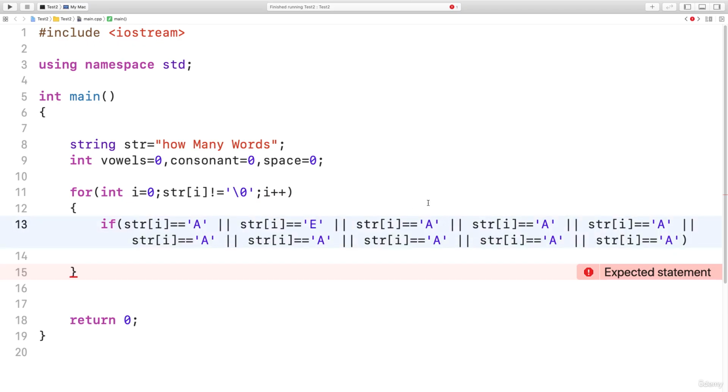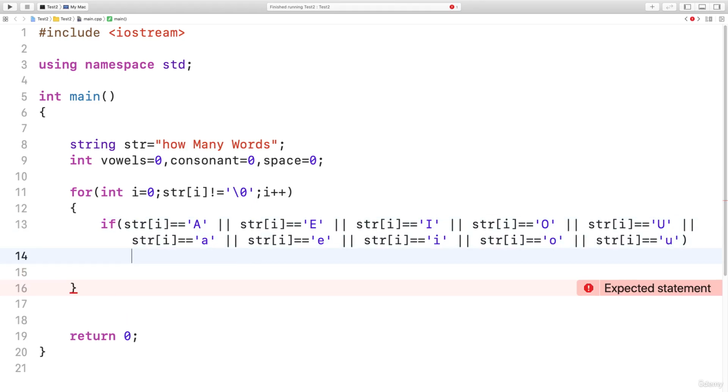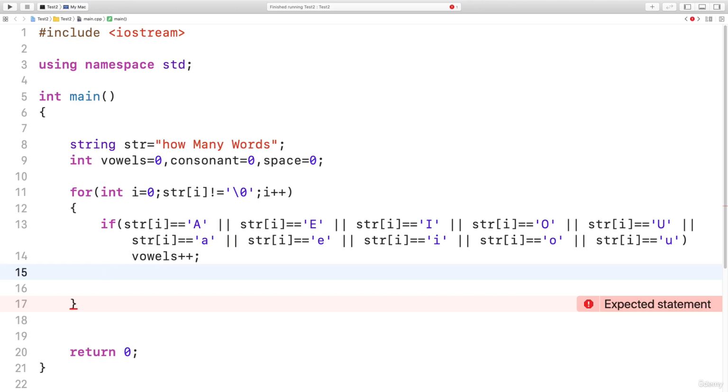This is capital E, capital I, capital O, and capital U. Then here lowercase a, lowercase e, lowercase i, lowercase o, and lowercase u. Now if this is the case, then I will say vowels plus plus. That's it. Then else, if it's not a vowel, then I have